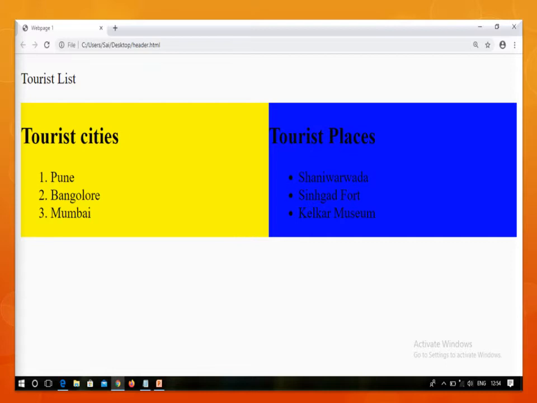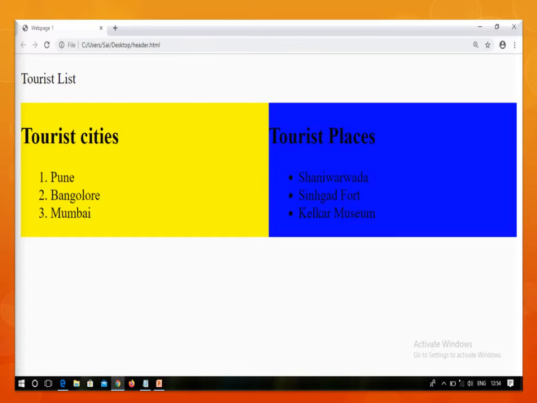This one is the part of the section tag, and the other is the aside tag, which uses an unordered list and shows the tourist places. So the section tag has a yellow background and the aside tag has a blue background.